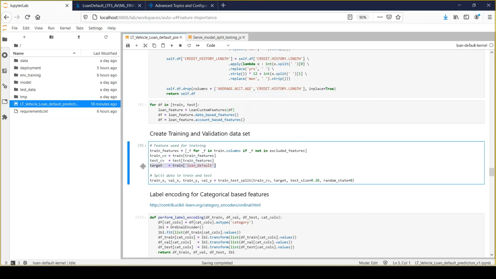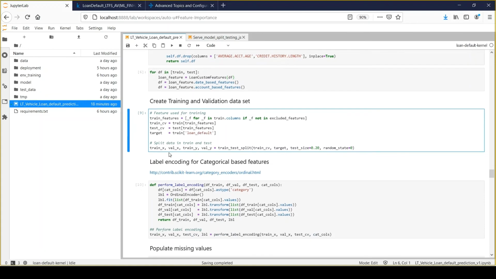And here I am just taking the target value in a different variable. So target will contain only the target outcome. And here we are simply splitting my data based on train test split, and my validation data will have 20% of the data. And here I have kept the random state as 0 because keeping this value fixed will make sure that whenever you perform this activity, you will get exactly the same split, and you will be able to reproduce your test results. That's the purpose of adding random state here.